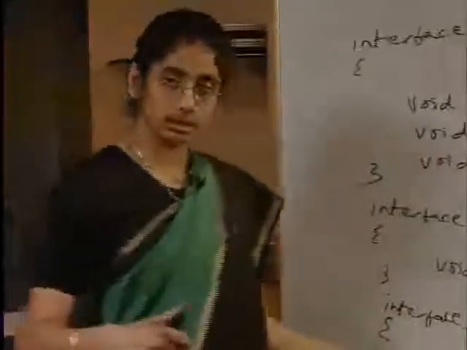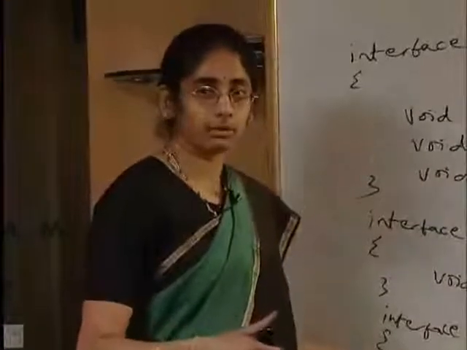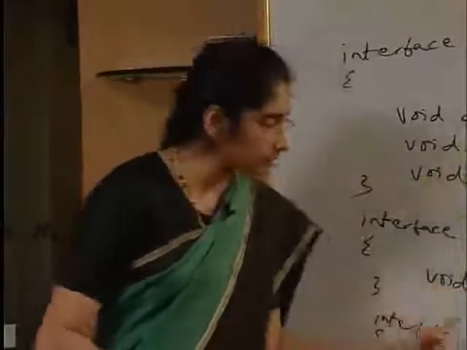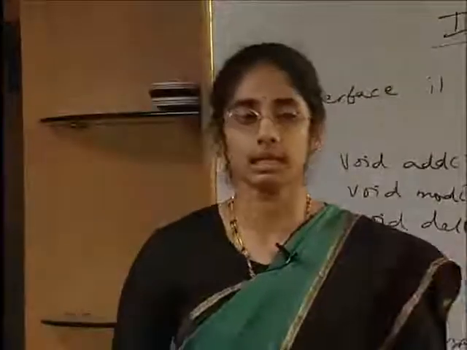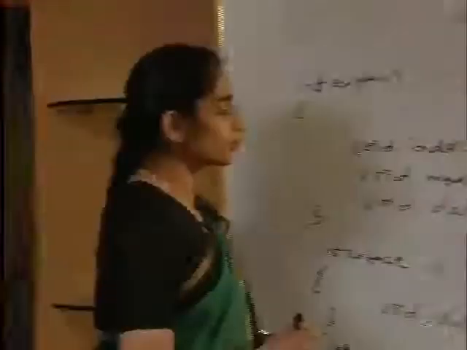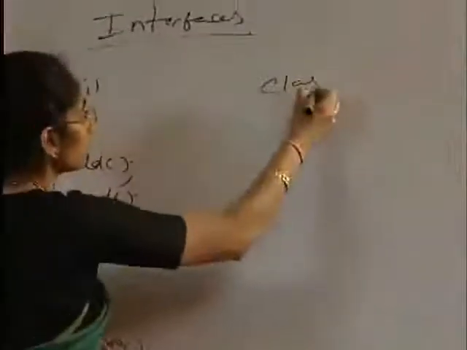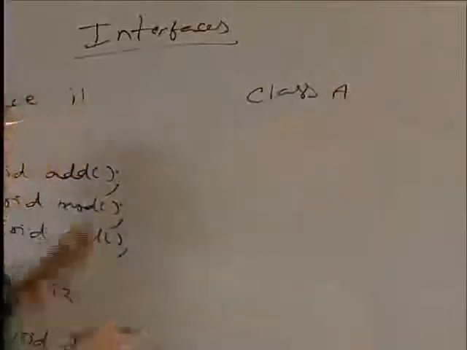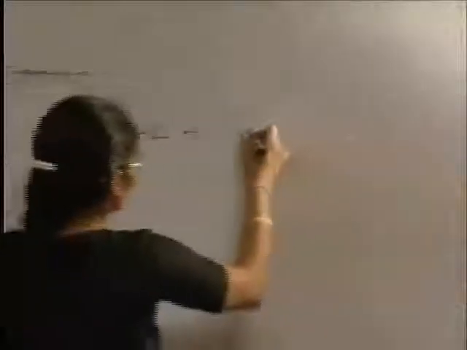Interfaces can multiply inherit other interfaces because they are completely abstract, they are not defined. So you're not actually going to use the methods coming from these two interfaces in any way. So it's safe to use multiple inheritance for interfaces, but multiple inheritance for classes is not possible. A class cannot inherit multiple classes. A class can inherit from an interface by implementing the interface.